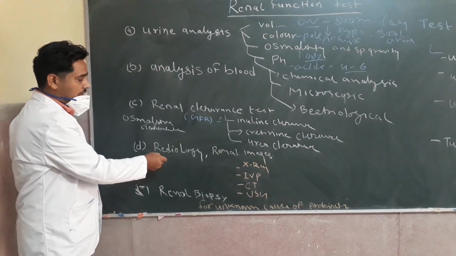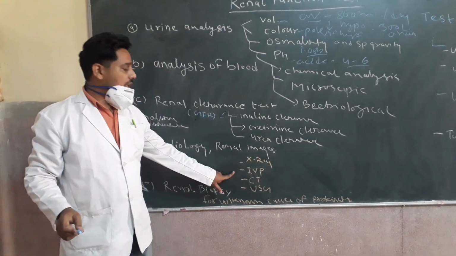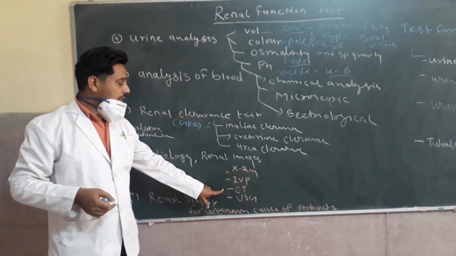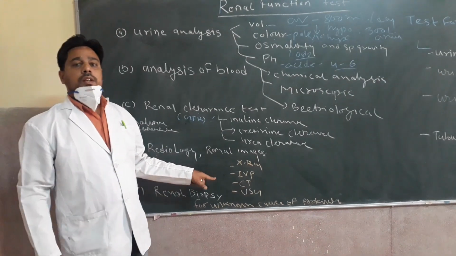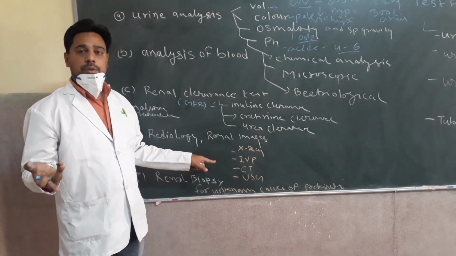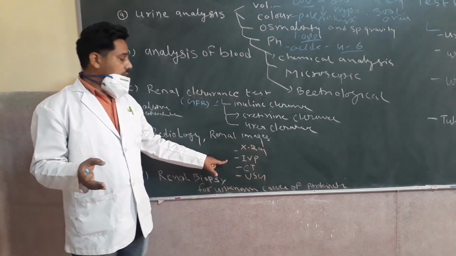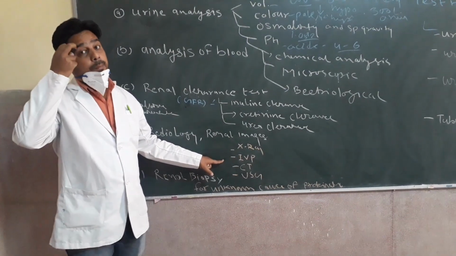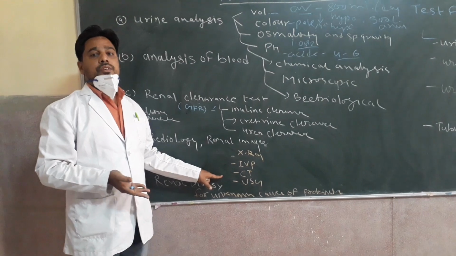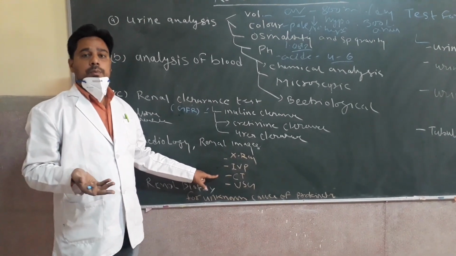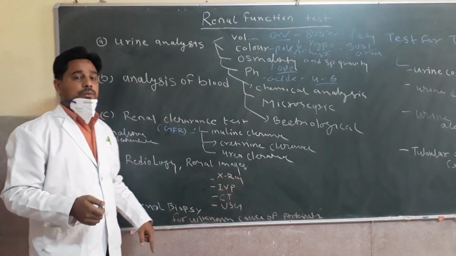Renal biopsies and renal radiology or renal images. Renal images are X-ray, IVP, intravenous pyelogram, CT scan or sonography USG. The X-ray is normal to find out stone, any tumor. IVP shows the functional kidney, right, left, obstruction, stone, impacted stone. The CT scan is used to identify any tumor mass, abdomen mass, renal mass, any other. The sonography USG also is similar.